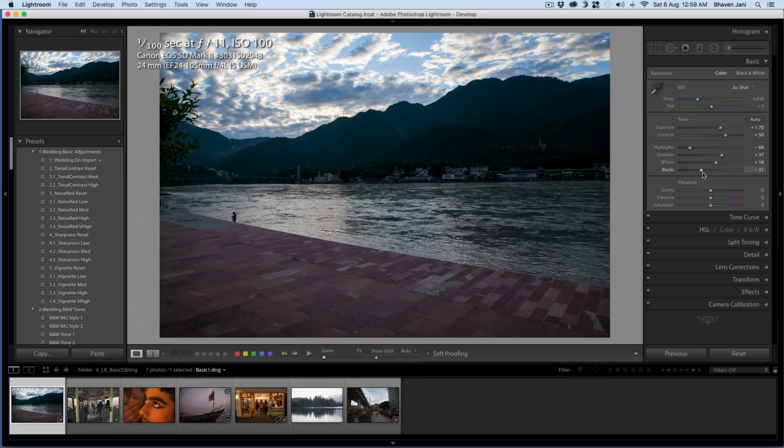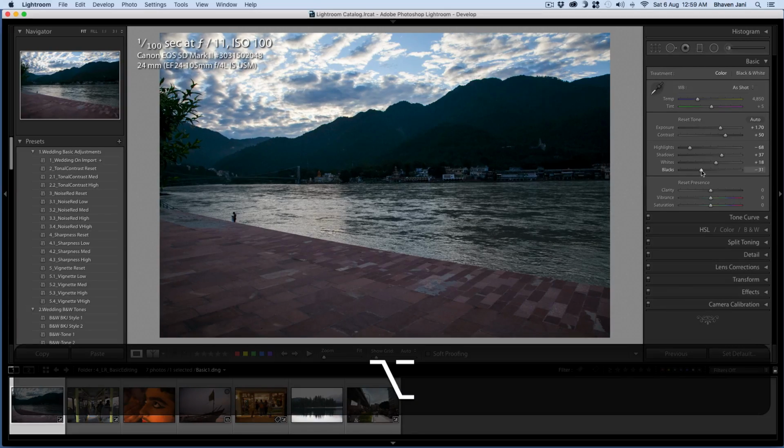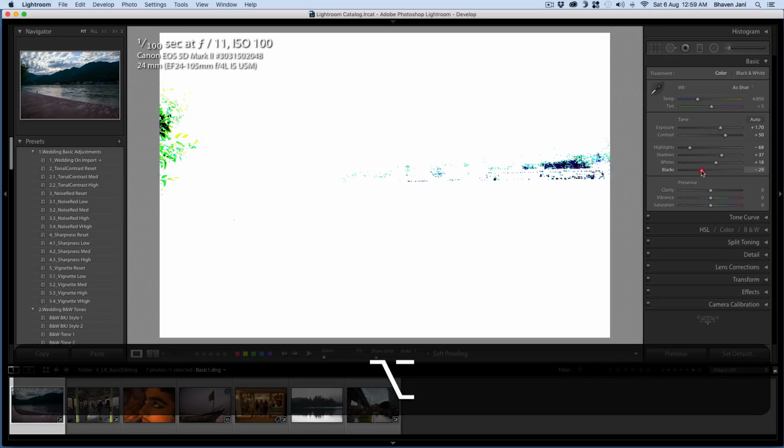Similarly, I'll go to the black slider and I'll hold down the Options or the Alt key on my keyboard and click on the black slider, and this works exactly opposite to the white slider. Most of my screen is white and only small portions have some colorful or black dots on it. These dots indicate those areas which have turned completely black and hence I have lost details. I do not want that. So I'm going to move up my black slider and remove these colorful areas until I think that it's okay